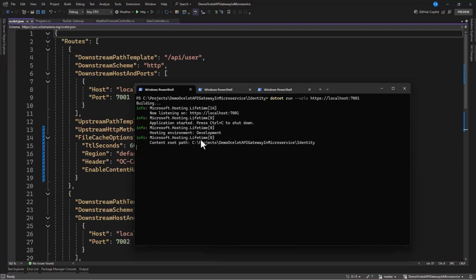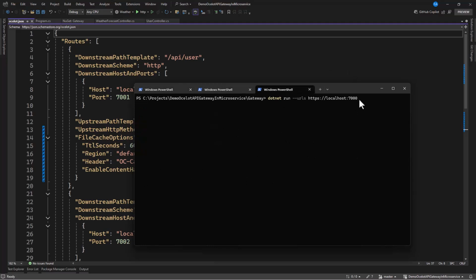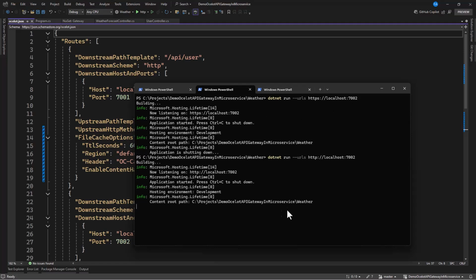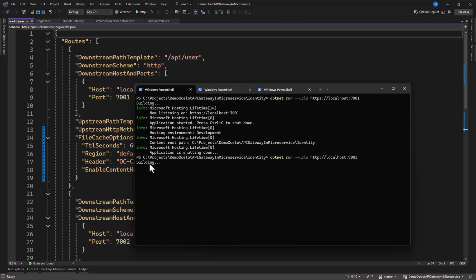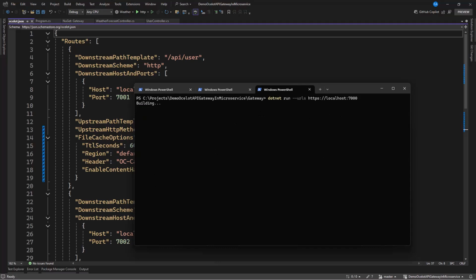This also should do the same, not on HTTPS. So let's cancel this. Now let's run this on HTTP. Okay, so we wait, and now this is going to run on HTTP with 7000 as the port. Let's also build this. So we see this is ready, running on port 7002, and this one on 7001.